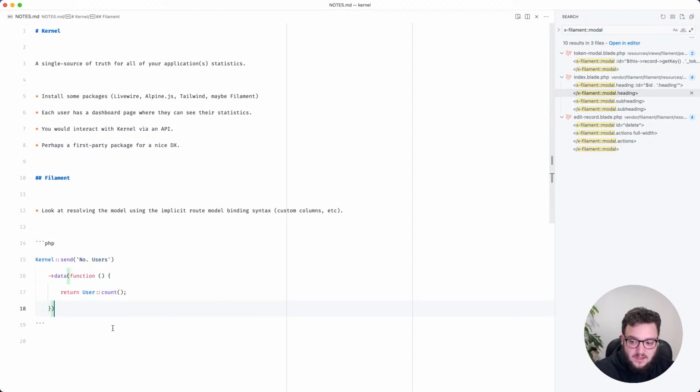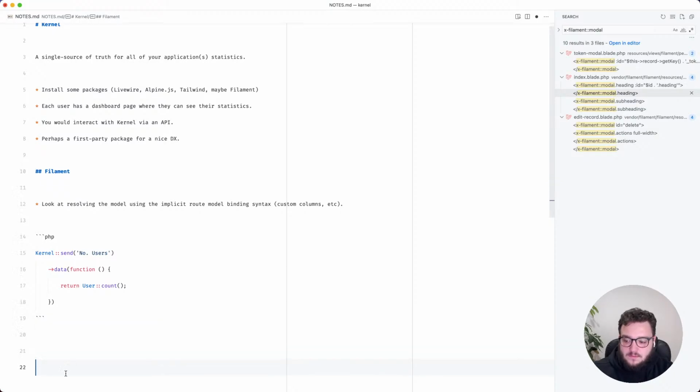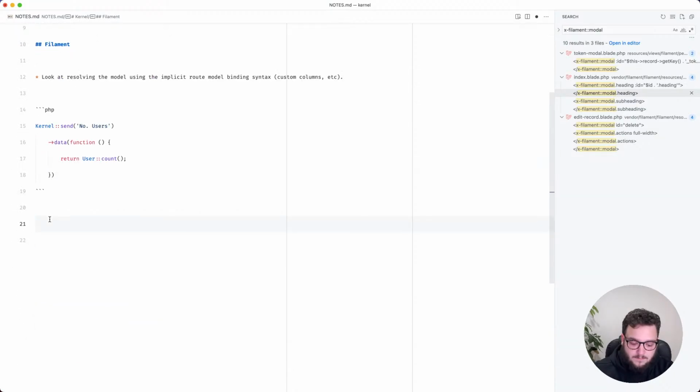And then what would happen in the background, this would send an API request to kernel using your API token as well as your source ID / UUID. Kernel would encrypt the data to begin with, so